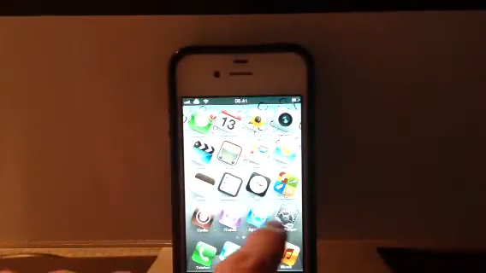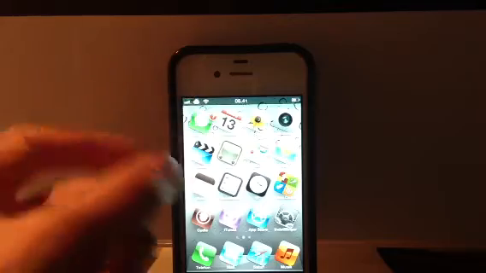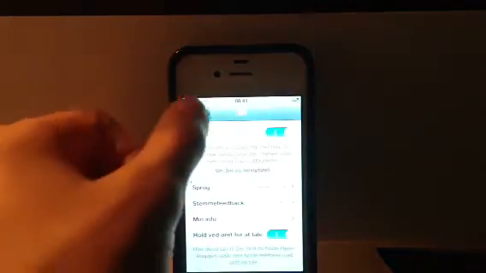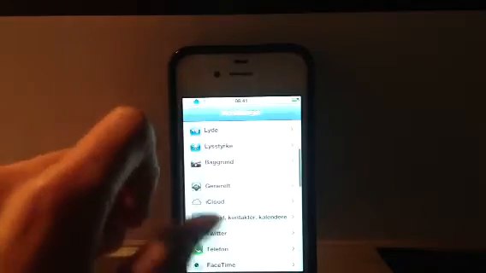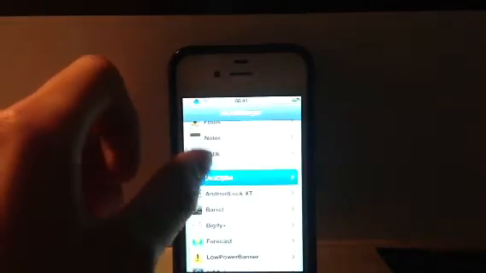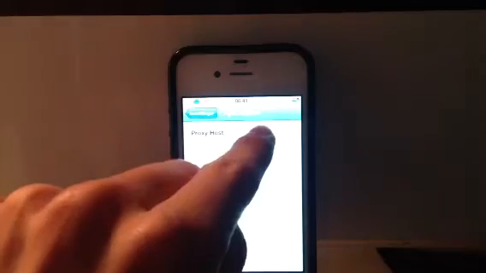After that, you must respring your device. Go to Settings, down here to H-Siri, and put the Siri proxy. I have it in the description below.